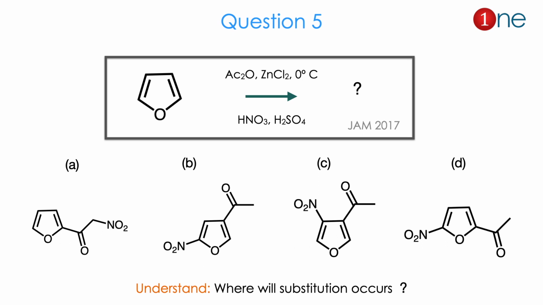The products are mostly an acyl group substituted on the ring. The substitution happened on the second position or the third position. The substitution of nitro happened on the ring or in the side chain, which is the methyl in the ketone. So there is a possibility of the ring and a possibility of the side chain. From the reactant and the choice of reagent you might think of where the substitution will occur. The answer is D. Let us see how.